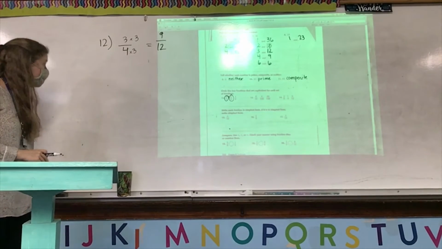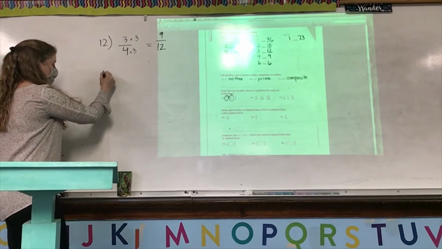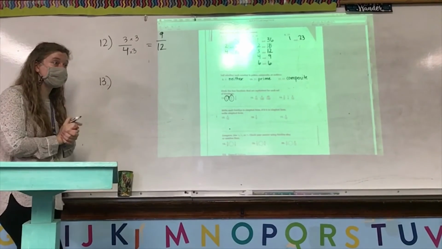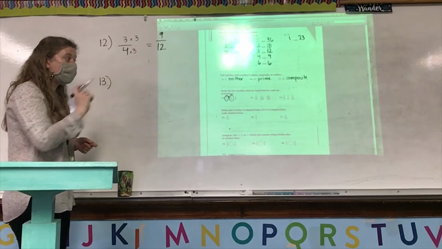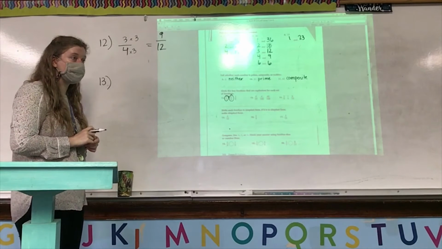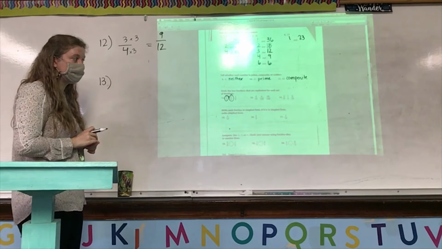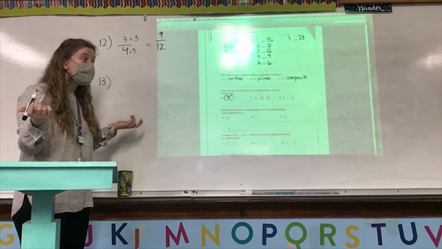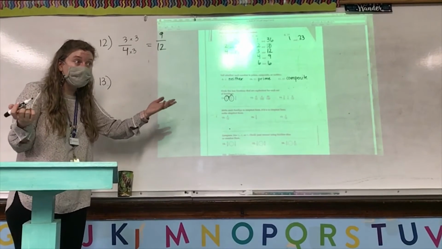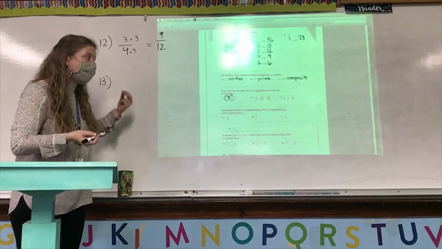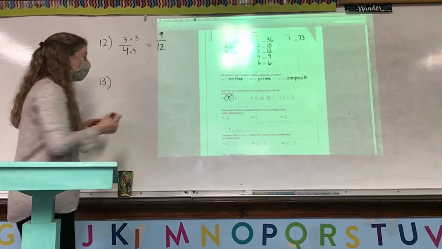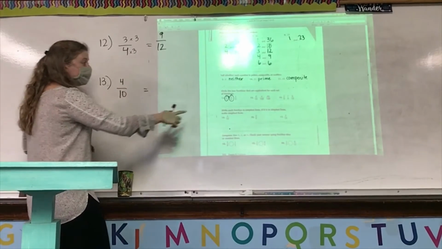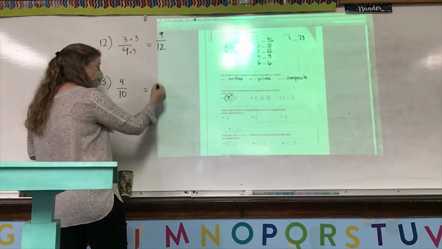Let's look at number 13. Zadie, we're going to start with that same strategy. Which fraction has the smallest numerator? There's 2, right? So now let's also see, which one has the smallest numerator and denominator? 4/10. Let's test it with our next fraction,